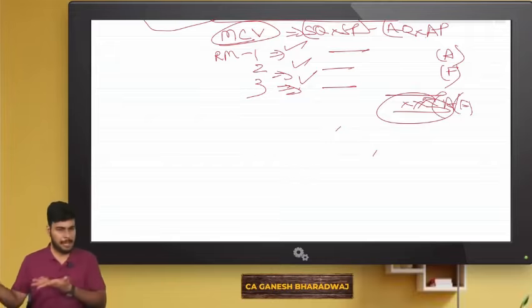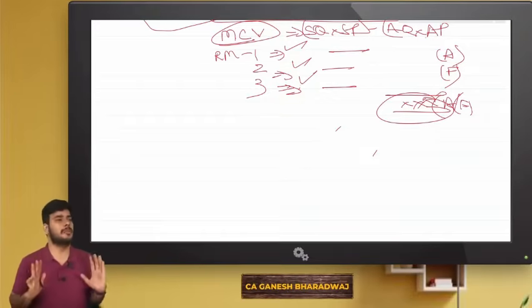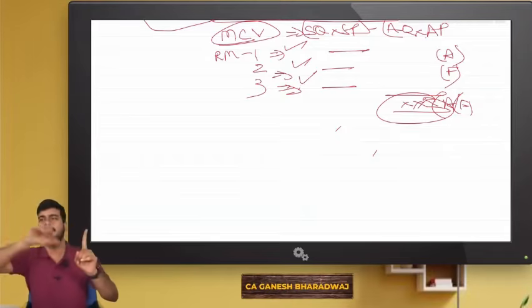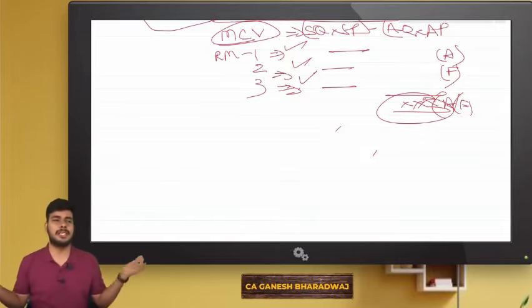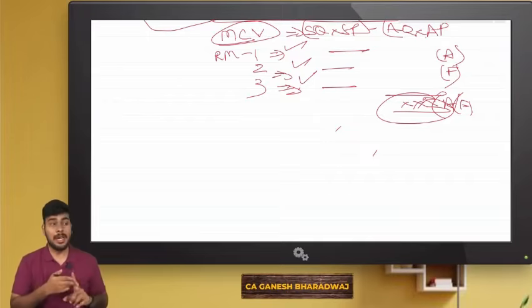Are you clear with this? We'll be doing the next sum, don't worry about it. This is point number 1. When you have more than one raw material, compute the variances raw material wise and add them together. That's all, no great rocket science here. Fine. Number one done. Number two,